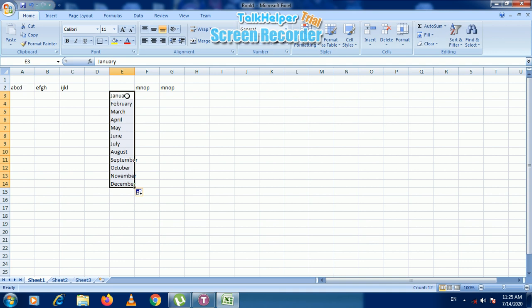See, in the autofill feature you have to write only the first data in the first cell, and after that the data is automatically filled by itself. I will give you one example. If you write 1 and you see a plus sign here, and you drag the column, in all the cells you will see 1 will come, 1 1 1 1 1. In a similar way you can use the autofill feature in many ways. Thank you.